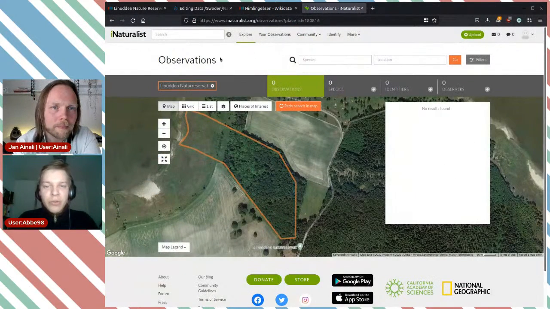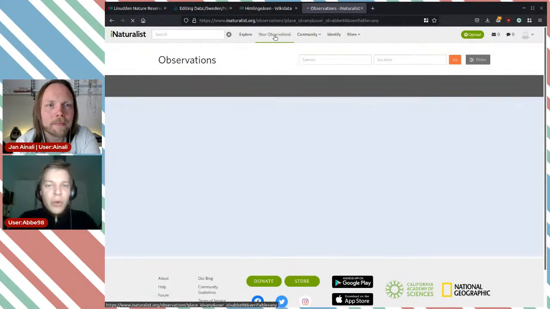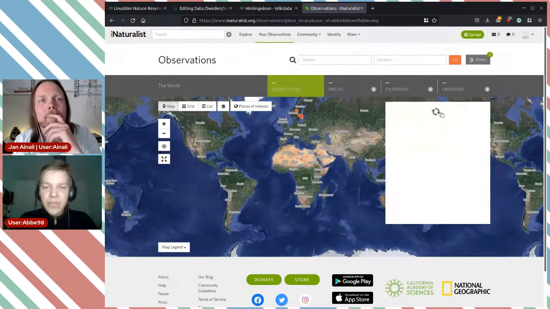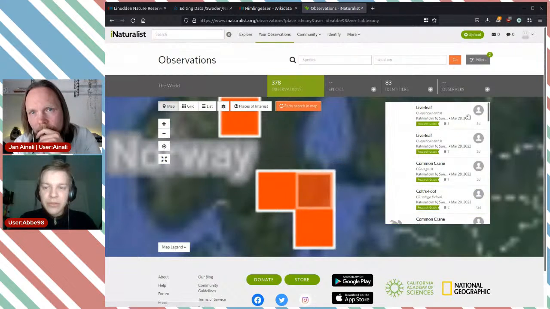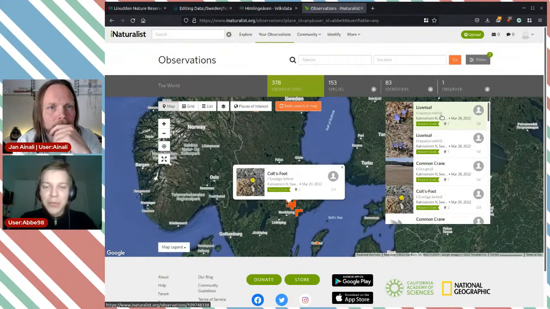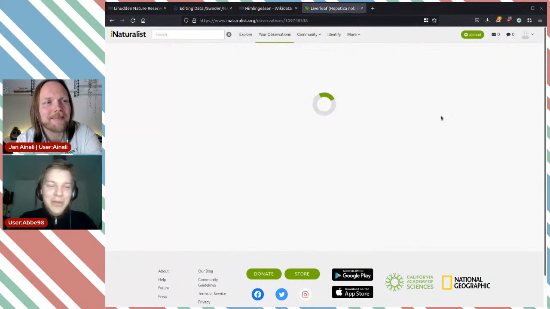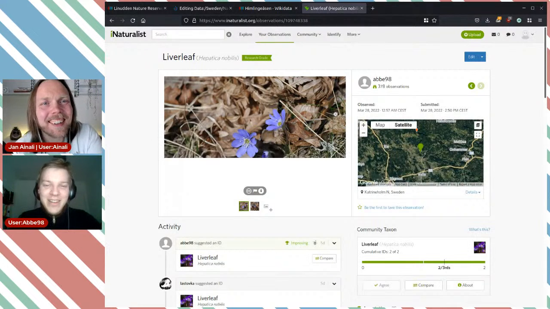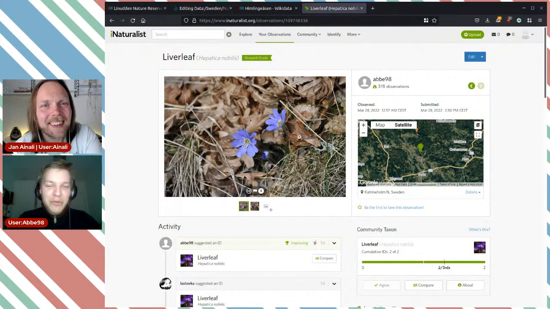Let's see if we go to an observation. I think I have a quite recent one. Speaking of what Jan said, that we post those images on social media, I post them on iNaturalist. Here's the liverleaf. Can't call myself a photographer, but